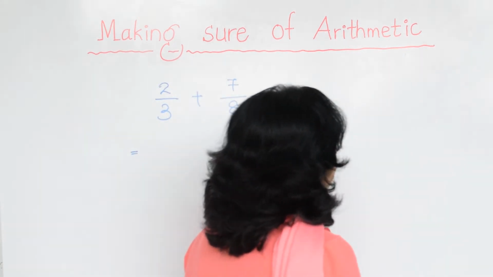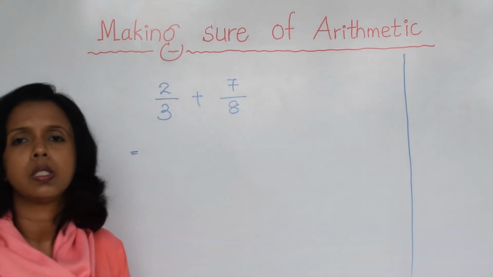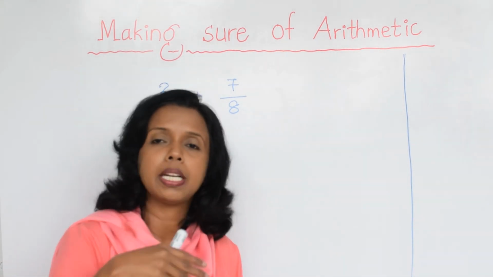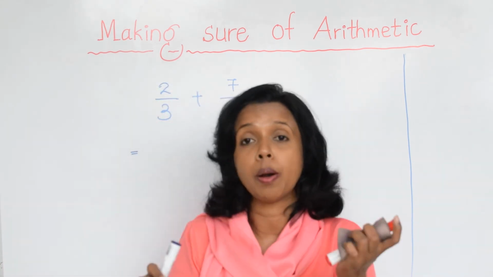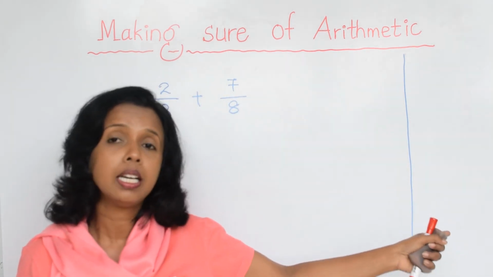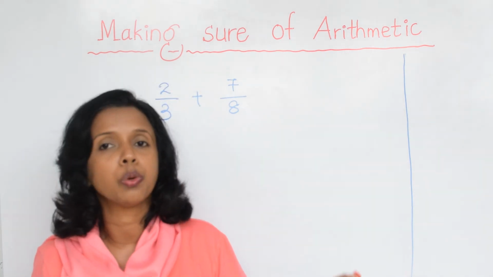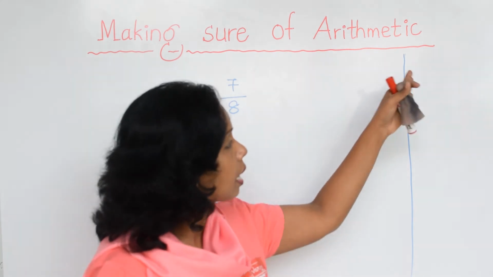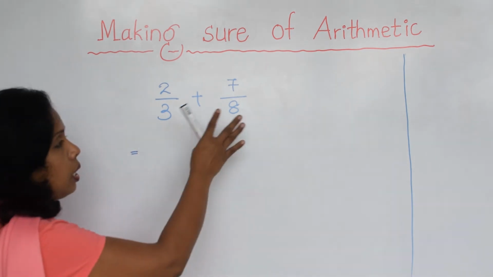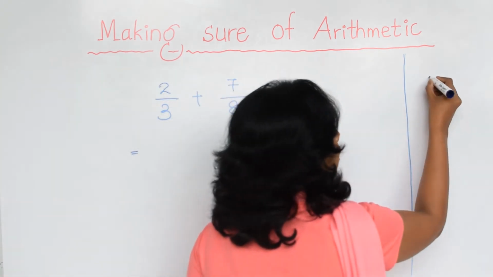Normally when you do your maths lessons, in your book also you can practice this, children. You can have a separate working column rather than doing it here and there. You turn pages and you just do the calculation, and sometimes you use your palms. It's very ugly. If you practice this method, it's easier for you and it's easier for your paper marker also, to see how you have obtained a particular answer by looking at the working column. So from the beginning, try to practice this working column. So what we want to do in the working column in this question is find the LCM of 3 and 8, right?